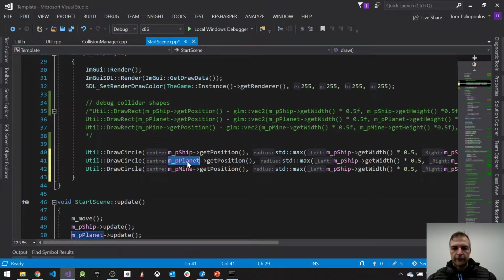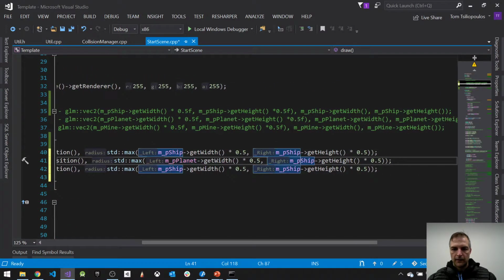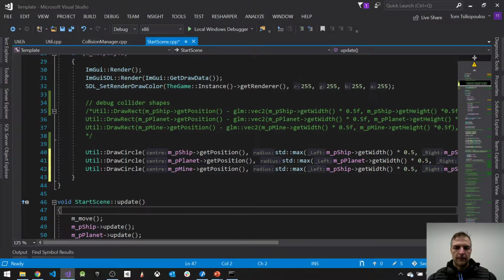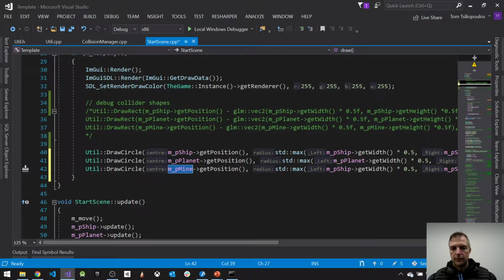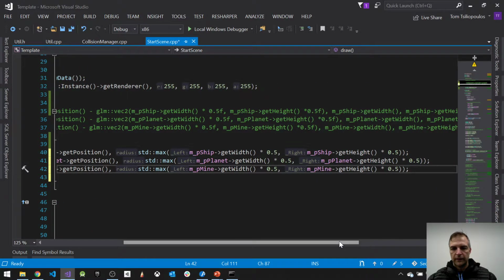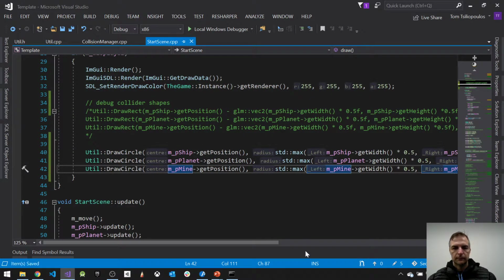And we have to do that for all of them. So planet is this one and this one, and this one, and then mine. This one, and this one. And then you can see that I'm passing in kind of the same values that I'm passing in here for width and height. And if you see me doing this a lot, like ship, ship, ship, planet, planet, planet, mine, mine, mine,